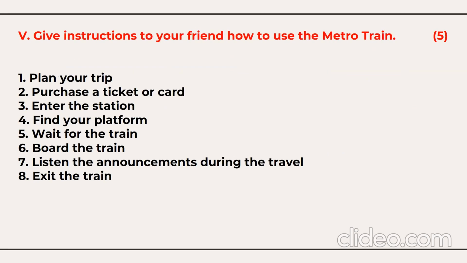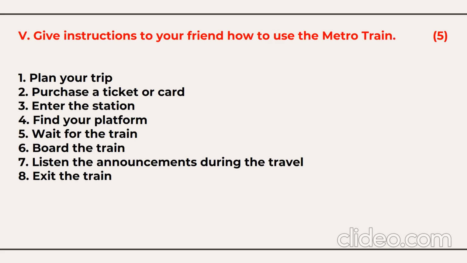Instructions. So 10 marks questions one side, and the 5 marks questions instructions. So give instructions to your friend how to use a metro train or how to travel by metro. So 5 marks questions. While drafting the instructions, keep in mind you are not supposed to write sentences or a paragraph. It should be in step 1, step 2, or in numbering, or in bullet points, and use